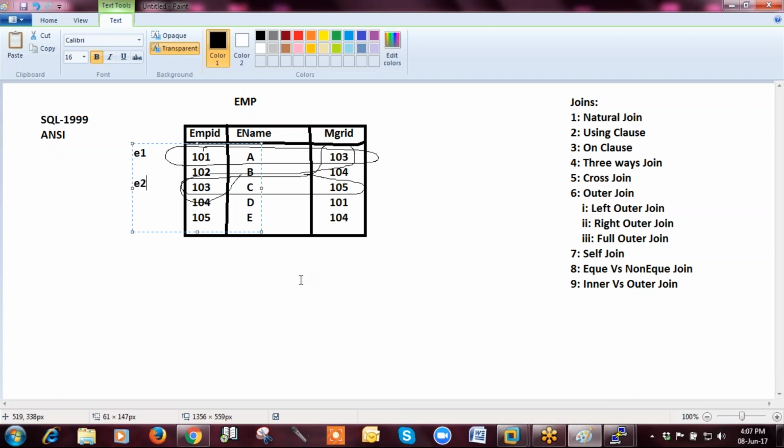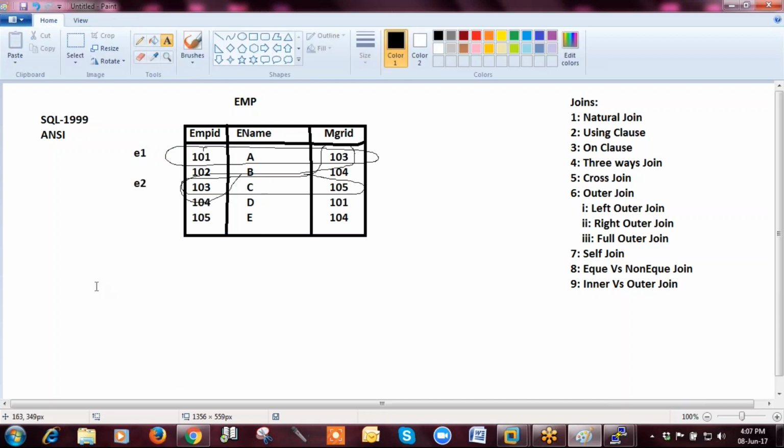So you have created two virtual images of that particular table.